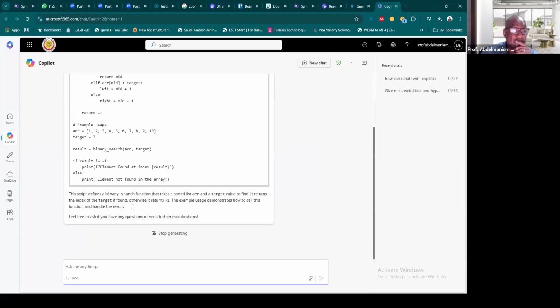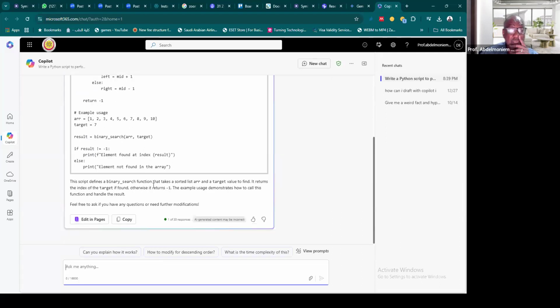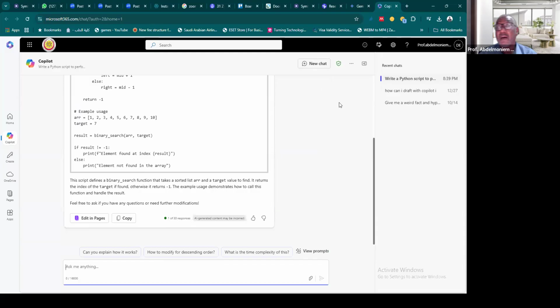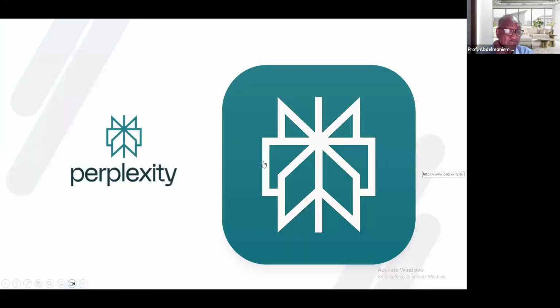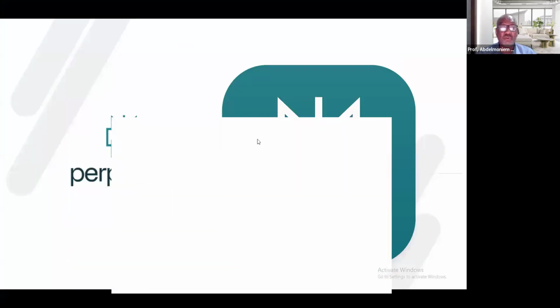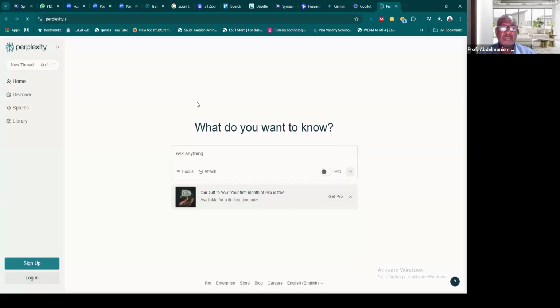Now it even gave me a script, as a binary thing using Python. I think because the prompt there was to write a Python script, and I didn't notice that because it was already there, it continued chatting with me to produce Python scripts. So I'm sorry for that. I should have changed the type of chat. Now let me show you Perplexity before we move into ChatGPT.